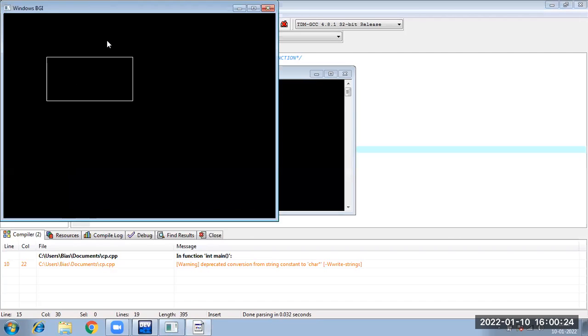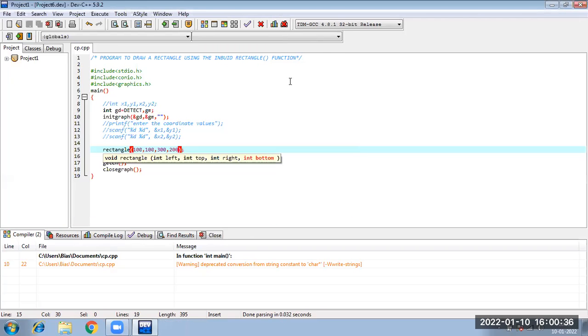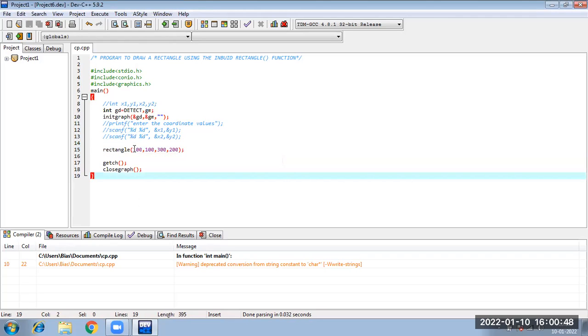Okay, like this. So you can draw a rectangle using line function. You can draw a rectangle using the rectangle inbuilt function. Same rectangle you can draw using the putpixel function also. In this rectangle function, this is the left value, this is the top value, this is the right value, this is the bottom value, right?